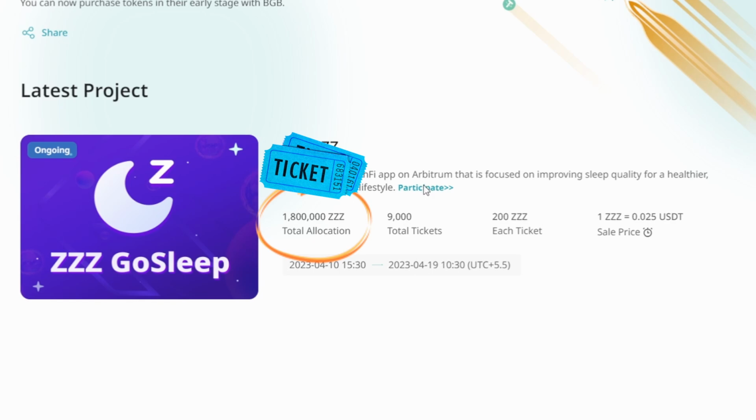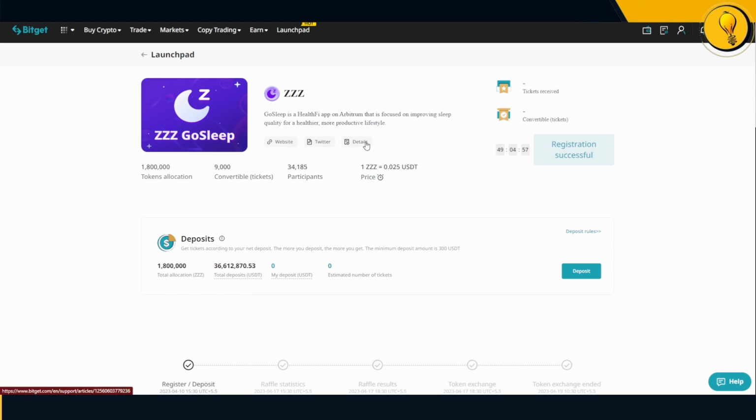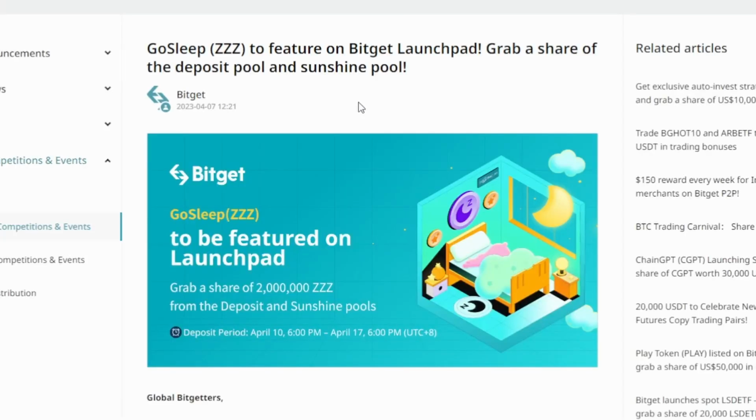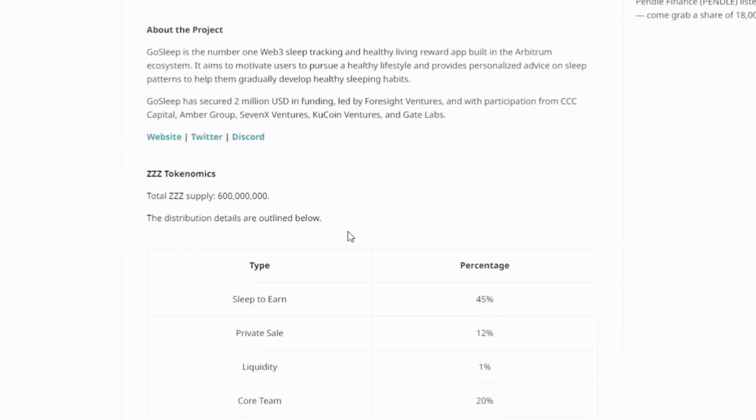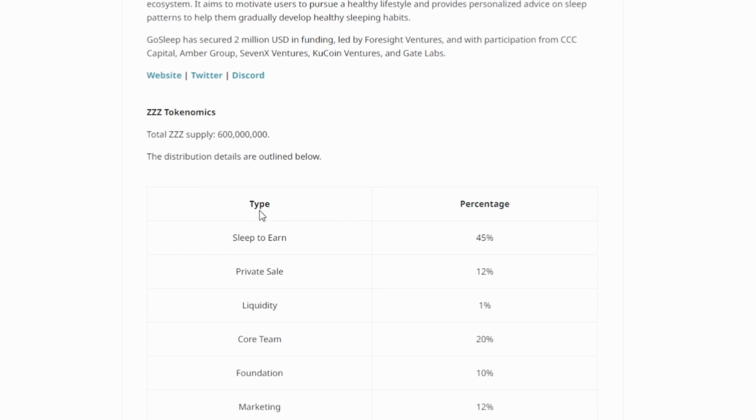Alrighty, so if I go ahead and click on participate, I'll be taken to this page once again. I want you guys to click on details. Now this project, actually, I was going through this page and something really stood out. I was scrolling down to look at the token distributions, and the first distribution right here says sleep to earn. The percentage allocated to that is 45% of the distribution, which got me thinking of another project earlier last year called Step-In. Remember, where people had to work out, and for those who actually worked out, they basically earned money within the ecosystem? A lot of people made a killing on that.